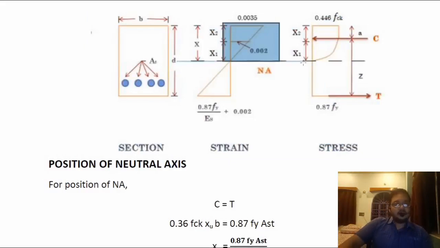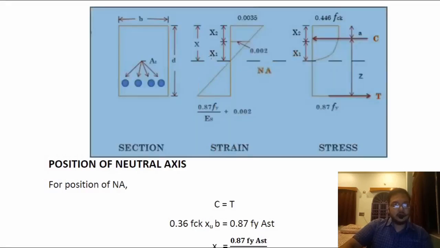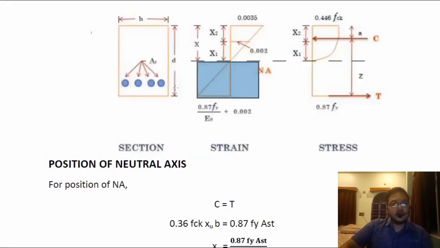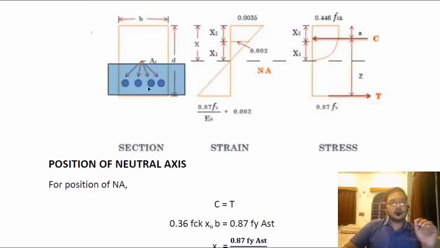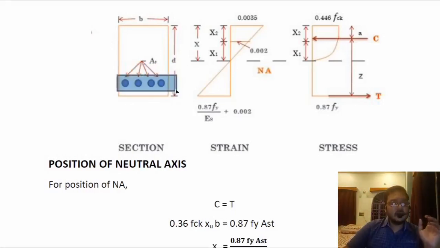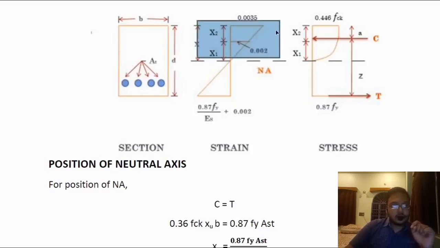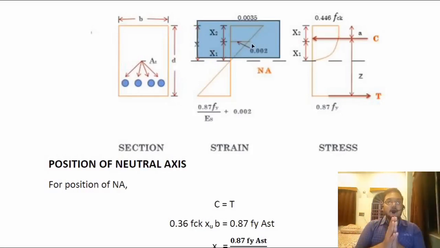So the section above this neutral axis, I am considering as our compression zone, and the section below this part is our tension zone. In our general criteria, we ignore the amount of concrete which is in there. In a practical scenario, there is this much concrete along with some steel fitted over here, but we try to ignore the presence of that concrete because the job is done by the steel over there.